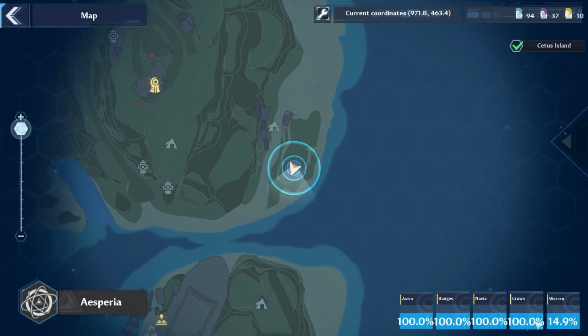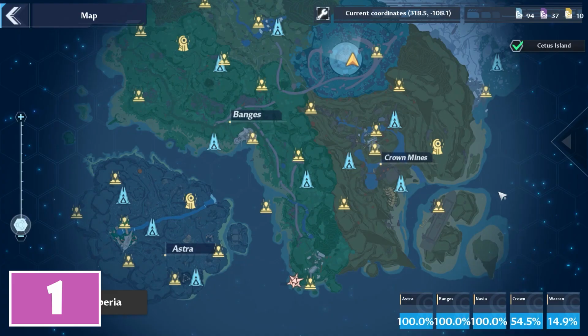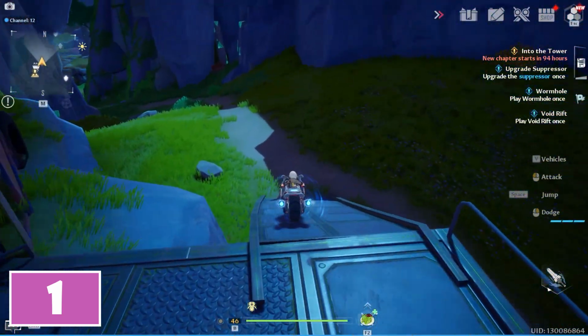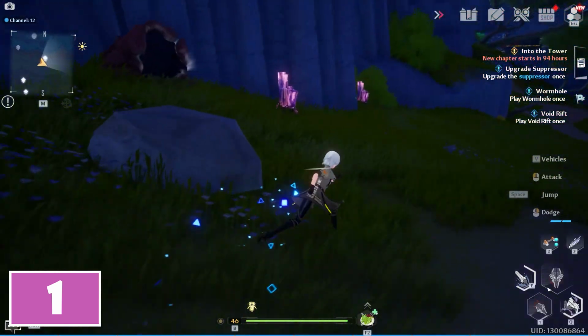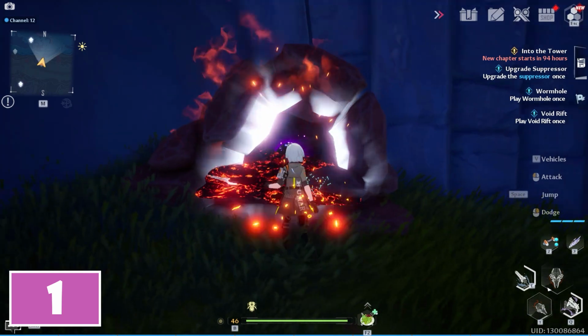In the Crown region, you can find 125 World Exploration. For the first, start from the top left corner of the map. To be precise, from the space rift called the Miner's Camp. From here, go downstairs to the left, then turn to the right. Proceed further until you notice a mushroom near the left mountain wall. Behind it you will find a cave you have to attack with a fire weapon in order to reveal a